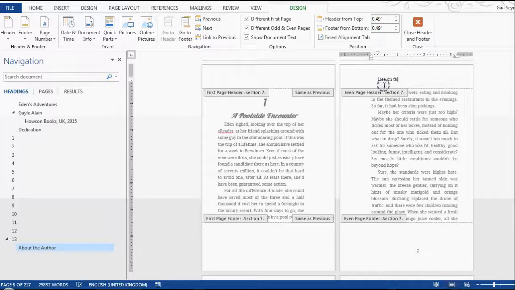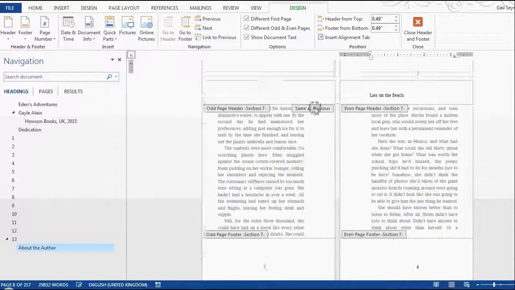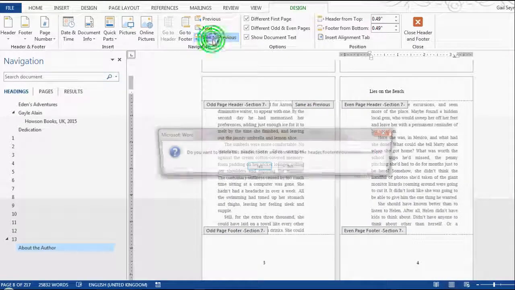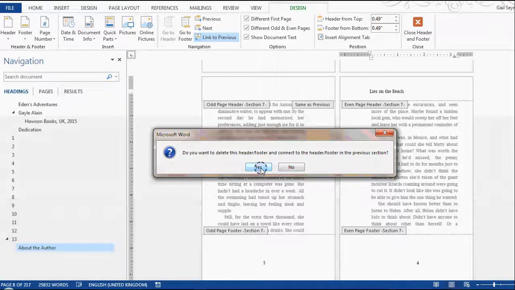So for my header, "Eyes on the Header, Eyes on the Beach" is going to appear on one side, and I am going to move that across, line it up with the text block. And again, clicking on link to previous,